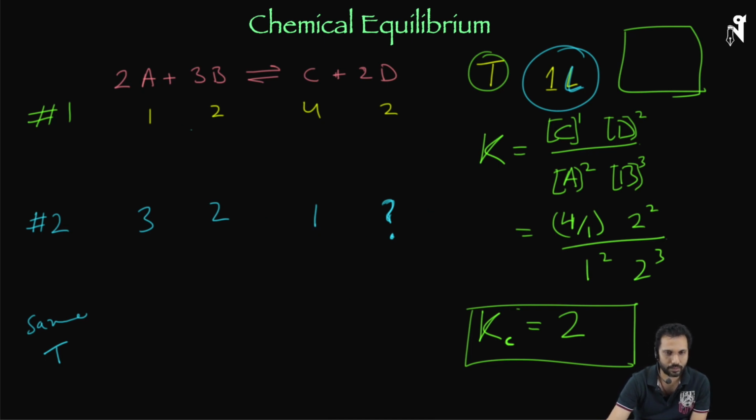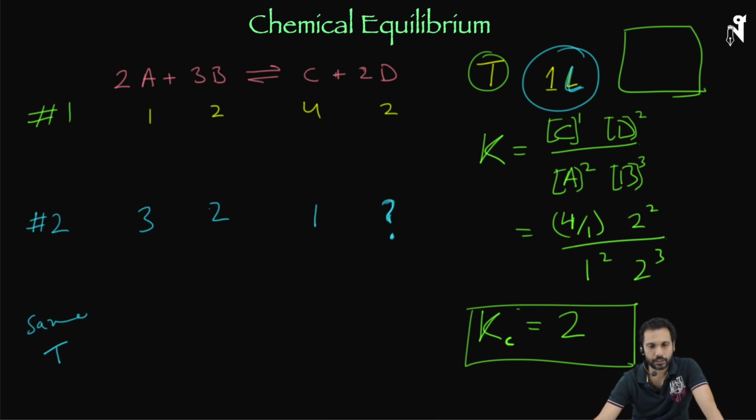You're seeing that these numbers 3 and 2 and 1 have nothing to do with the coefficients. It has nothing to do with the earlier values. A was quite less, C was quite high. This time I've taken A as high, C as less. Will it reach equilibrium? Yes, it is going to reach equilibrium because in fact, in this question, it is already given it is equilibrium. If D was nothing, still it is going to reach equilibrium by doing a reaction in the way it has to go. So the question is, what is the amount of D? So everybody pause and do the video.